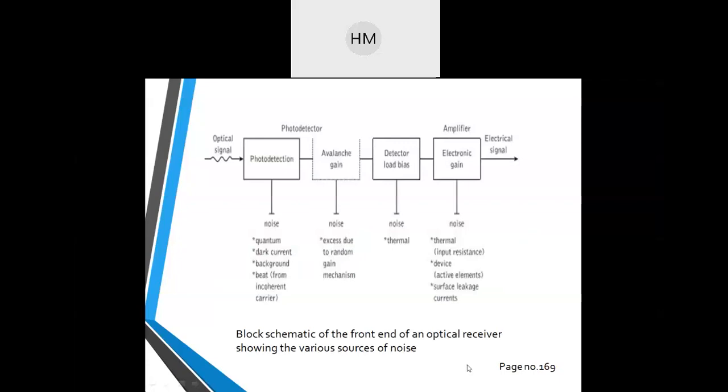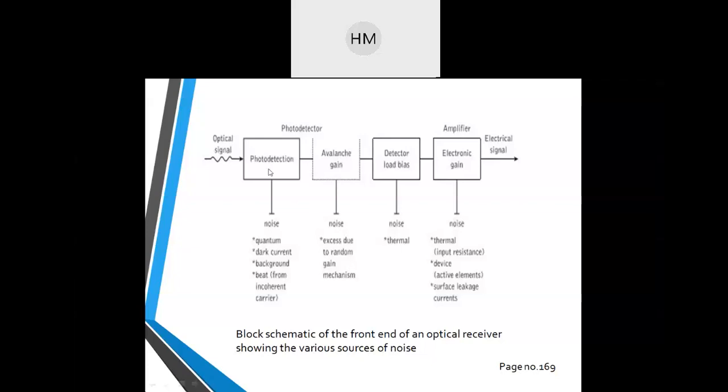Generally this is asked. Optical receiver performance. In that you have to draw this diagram and express the response time. So you can draw this diagram in your copy. See photo detection. In place of photo detection, you can use PIN diodes or APDs depending upon your requirement, depending upon the application.